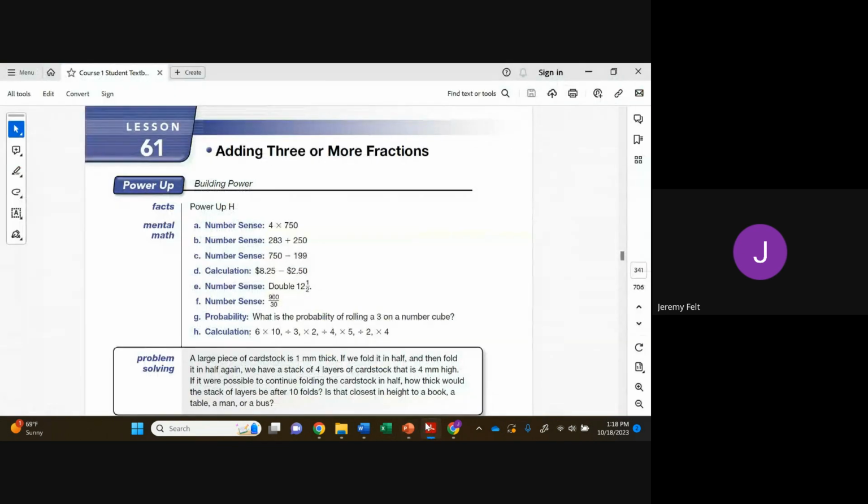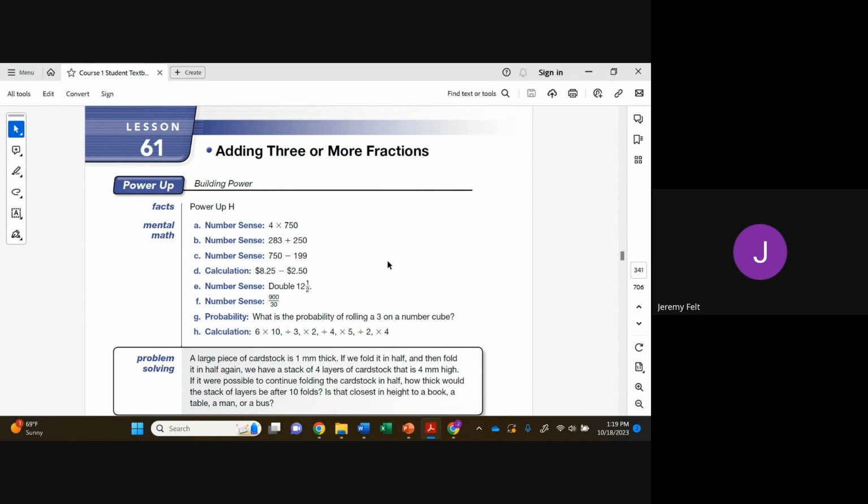If you want to flip over there, lesson 61 is when we're looking at problems where we may be adding three or more fractions. We've added fractions, subtracted, multiplied, done all that with fractions. It's just we may have some problems where we have more than two that we're adding. The same rules apply. We've got to have common denominators for all of them. We need to simplify our solutions. So nothing really changes. It's just going to become a little bit more work, but all of the same